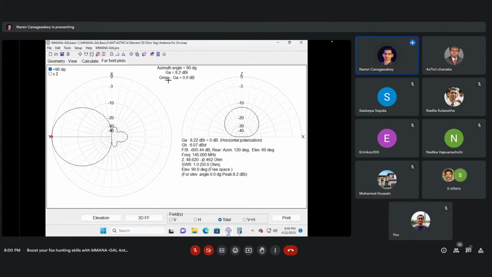So for a fox hunting antenna design, we like to keep the side lobes to a minimum. But the issue is that if you want to increase the gain of the antenna, the side lobes get more pronounced. So the side lobes start gradually shifting in this direction, and you see nulls. So this would be a null where the pointer is now. So you see the side lobes shifting to this side, and you see some nulls in the pattern. So that is not desirable. It makes the antenna more